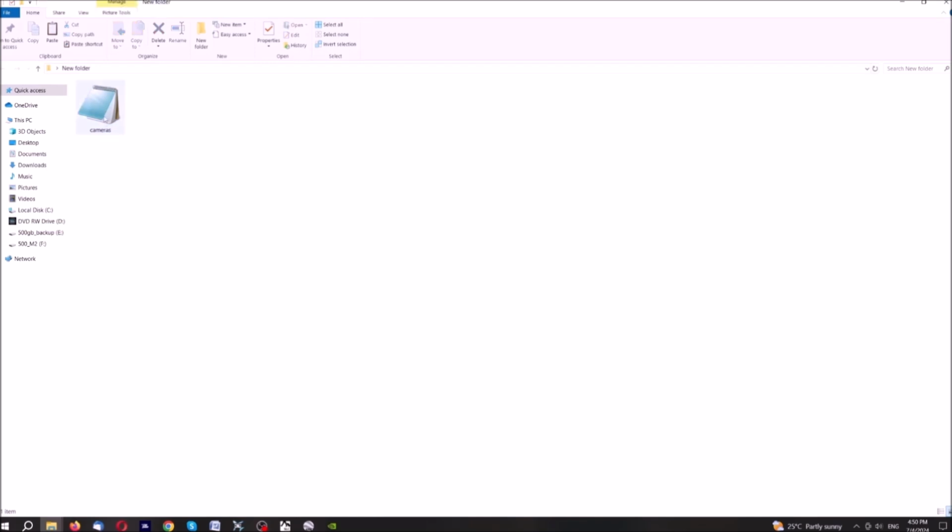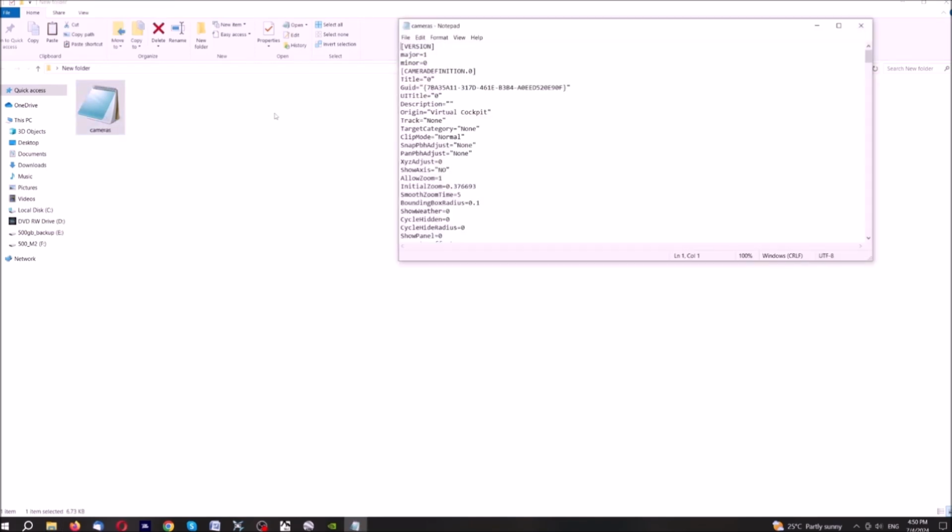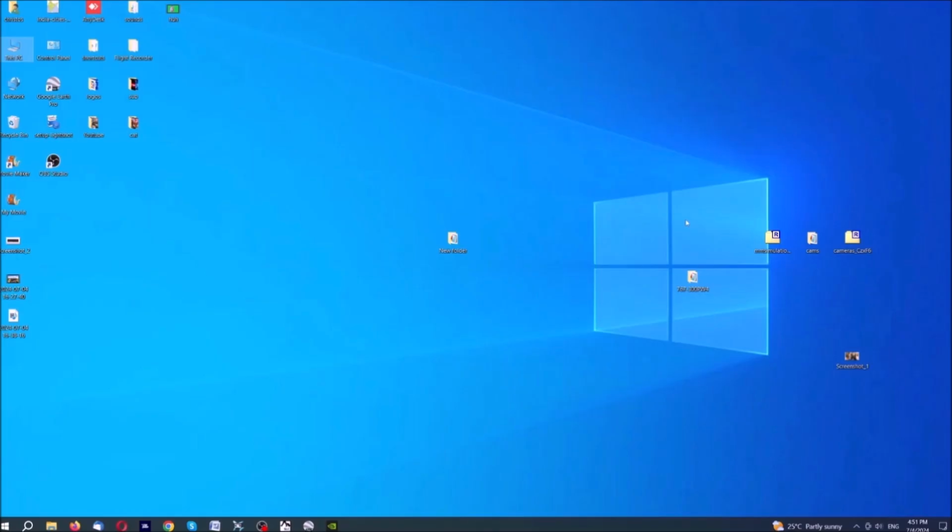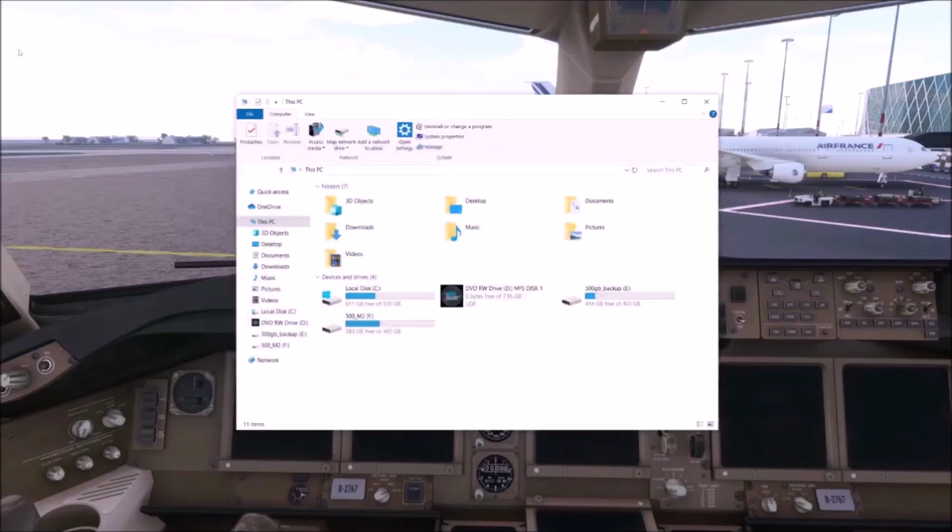And you paste the file here, okay? This is the original file. Now, this is extremely important because, for instance, if we have a look at my computer and we go here,